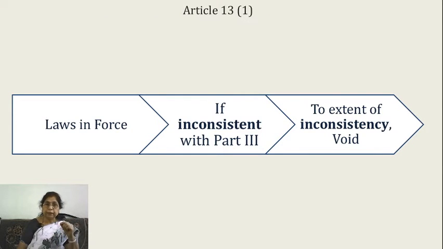Coming to the next article, Article 13, it speaks about how the fundamental rights are protected against laws, or when a law is made which violates the fundamental rights, how do we go about it? So, here first of all, 13(1) says that all laws in force in the territory of India immediately before the commencement of the constitution, if or as far as they are inconsistent with this Part 3, that is the fundamental rights, then to the extent of that inconsistency, that law will be void, which means that whenever a law was in force before the commencement of the constitution and has not been repealed, but at that time had something which was inconsistent with Part 3,